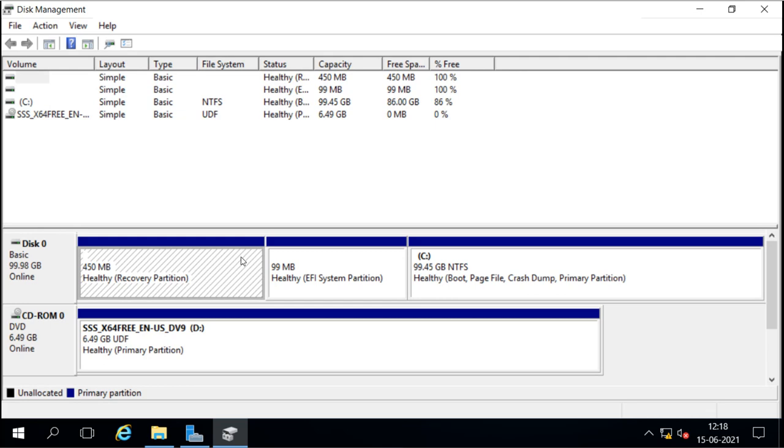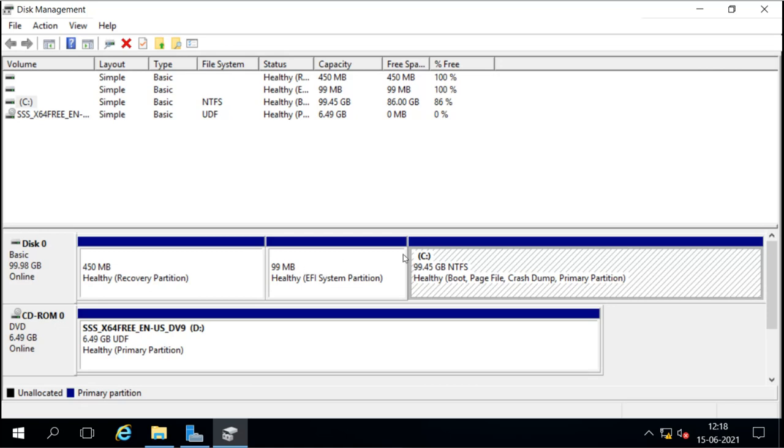Now it is already used. There is no space remaining here for us to create a new partition. If I want to create a partition, there is no free space available. You can see this option says about the free space. If you have free space here, it shows in this color, and this color is for the primary partition. Right now we can see all the partitions are primary partitions. There is no free space available.